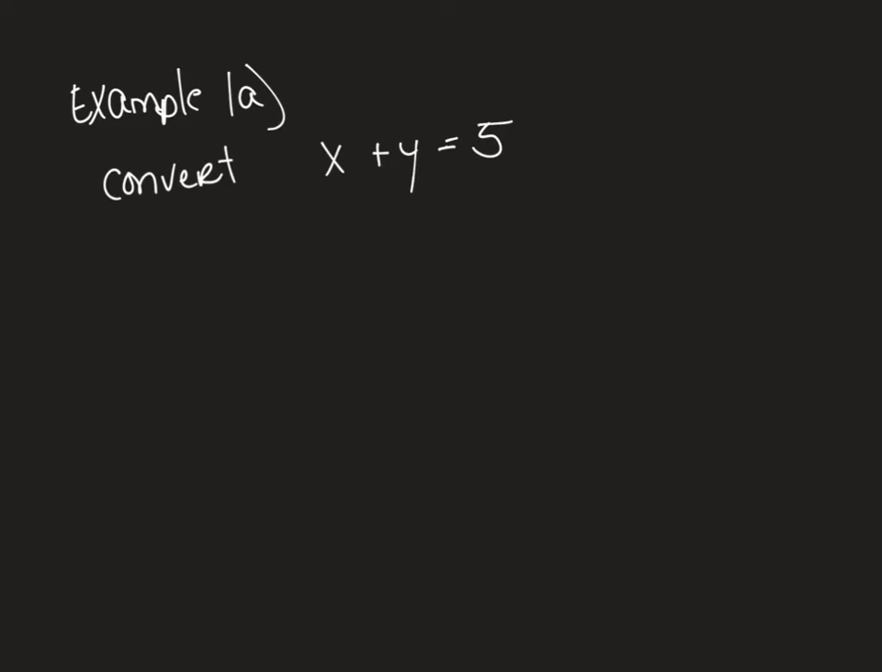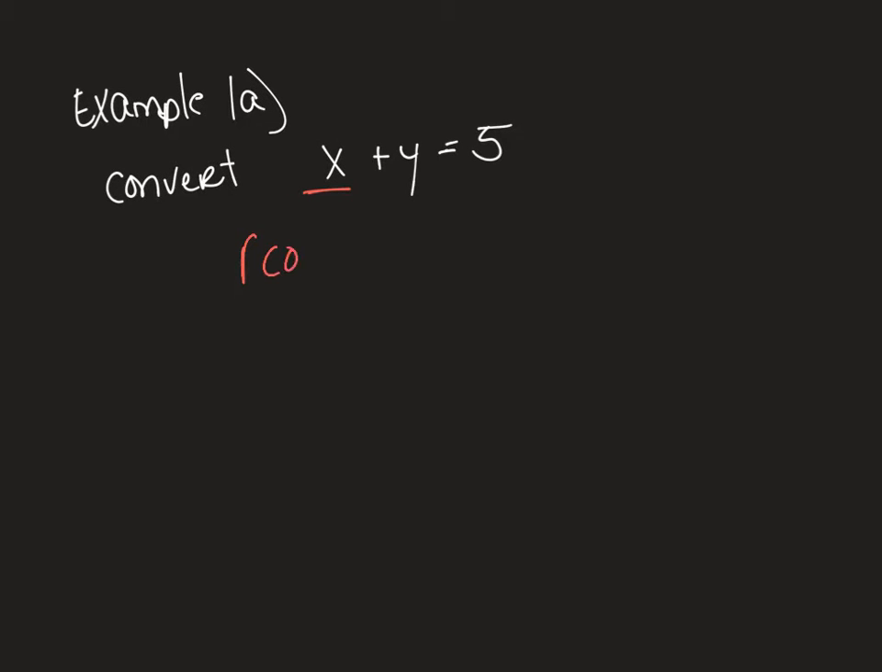In example 1a, I've got to convert x plus y equals 5. That is obviously a rectangular equation, and I want to convert it to a polar equation. So I see this x right here, and I'm going to rewrite it as r cosine theta, and then I will add r sine theta